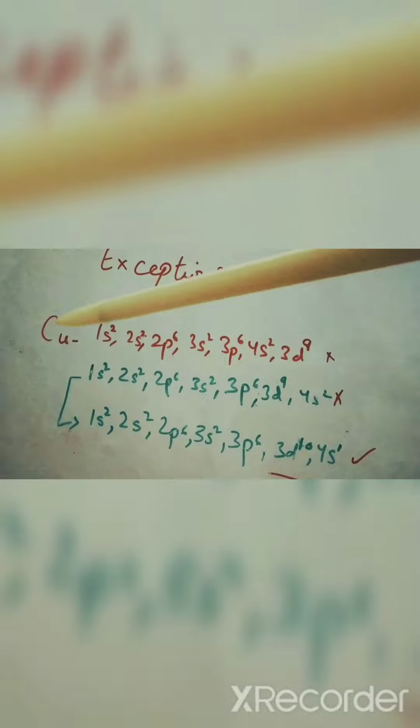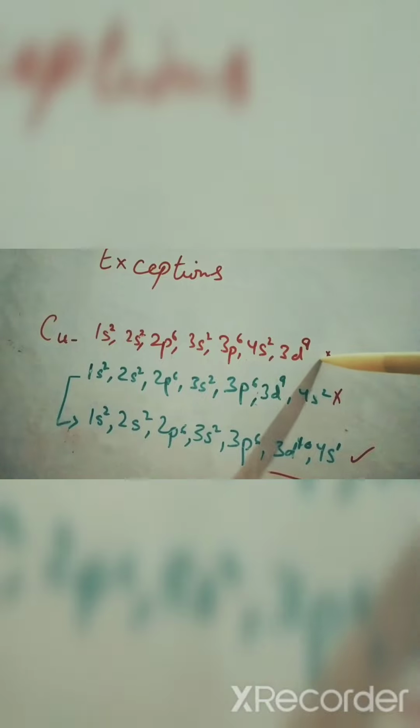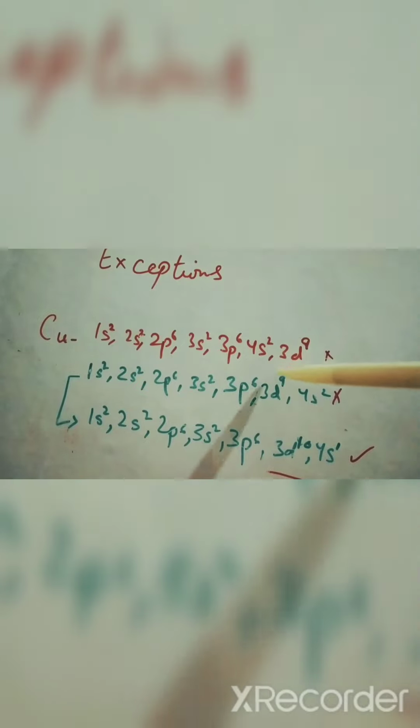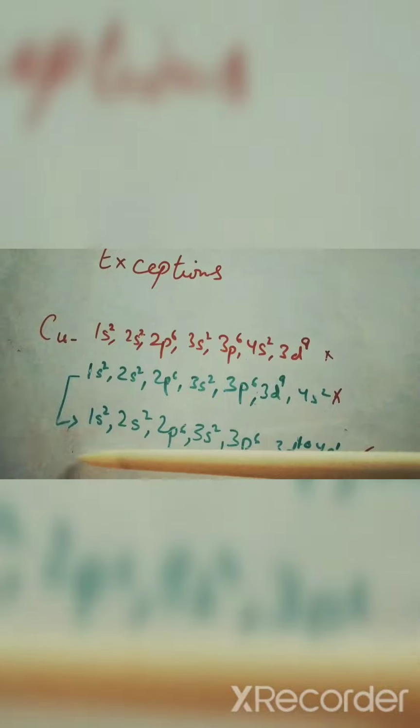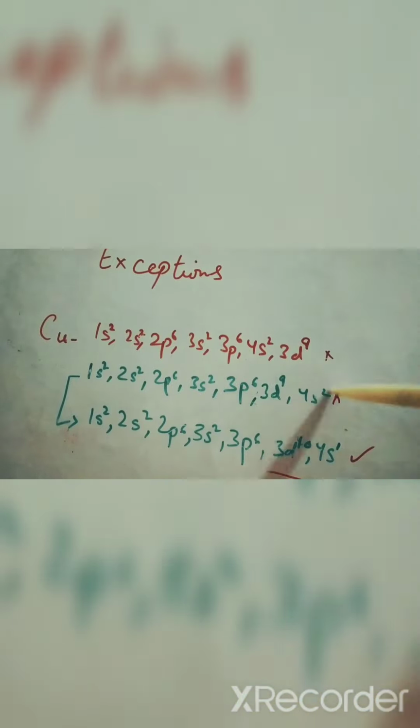The last electronic configuration of today's lecture is copper, atomic number 29. So it will be 4s2, 3d9, but again we will swap, so it will be 3d9, 4s2. But this will also be wrong, because over here this is an exception. So 1 electron will go from the 4s side to the 3d. So ultimately it will become 1s2, 2s2, 2p6, 3s2, 3p6, 3d10, 4s1. So this is the correct electronic configuration for copper, and this is the wrong electronic configuration.